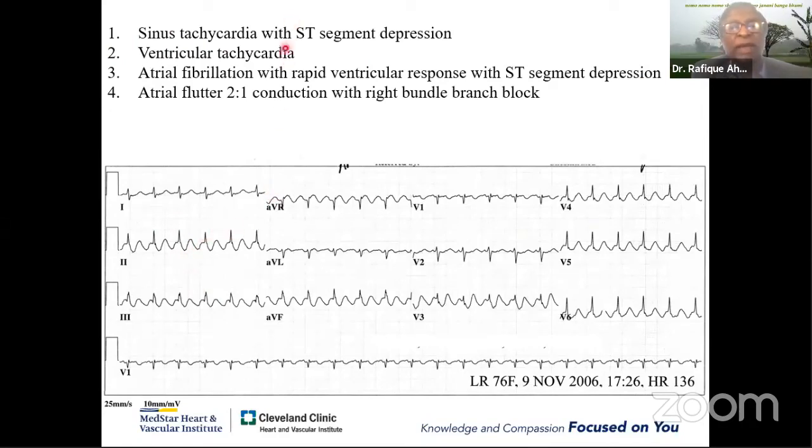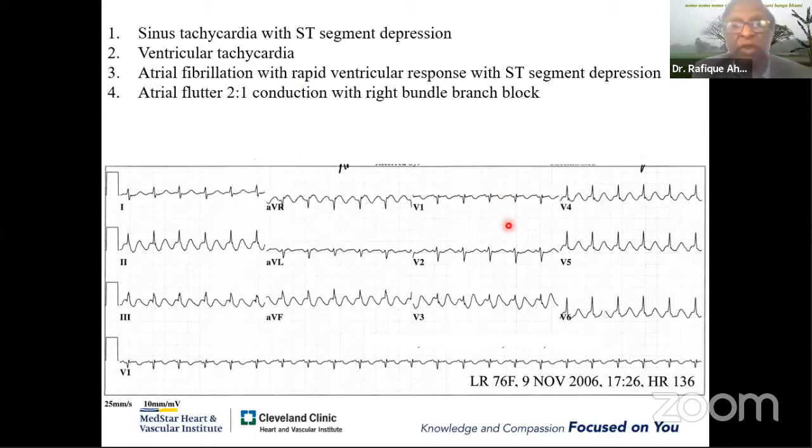So ventricular tachycardia is out. And the most likely diagnosis from this ECG is atrial flutter with 2-to-1 conduction. Now in lead V1, you see a P wave. If you look at lead 2, it looks like flutter. And the way you confirm in V1 is you put a caliper between two P waves and halve it to see if there is another P wave. And you can see there is another P wave here.